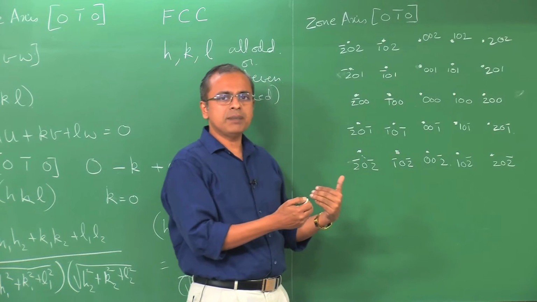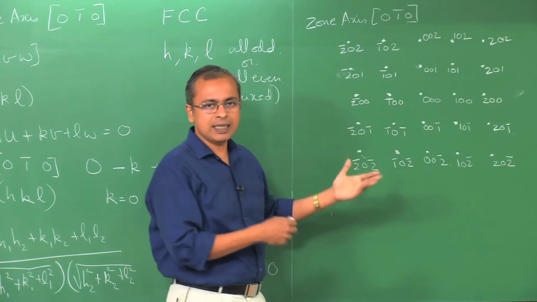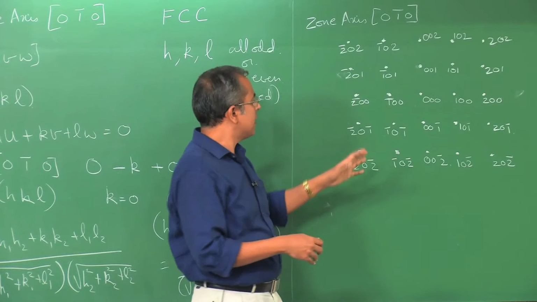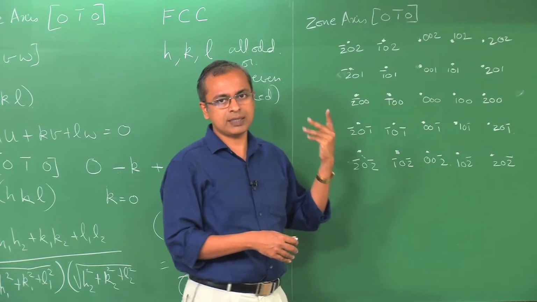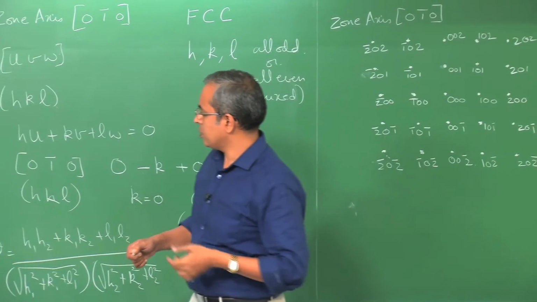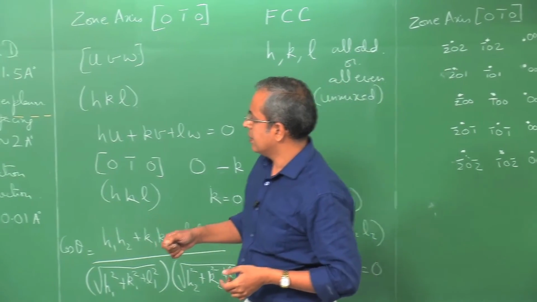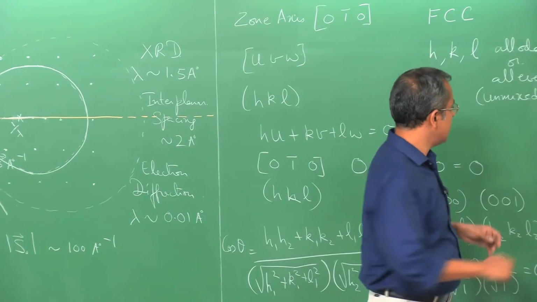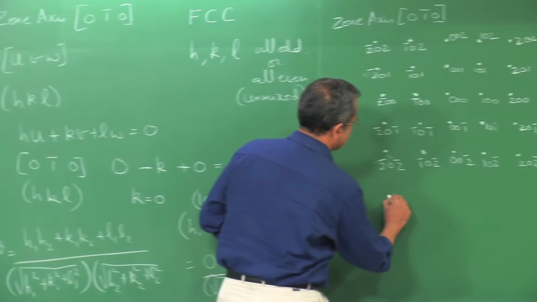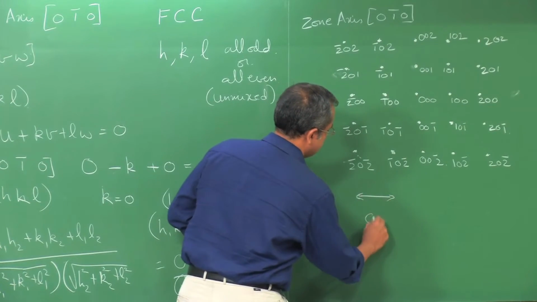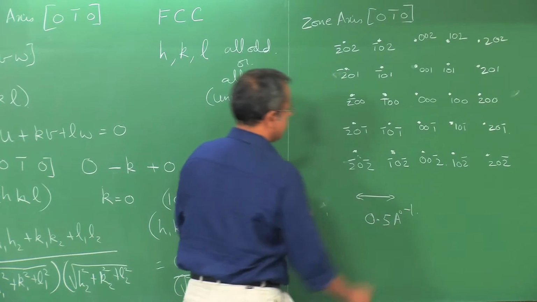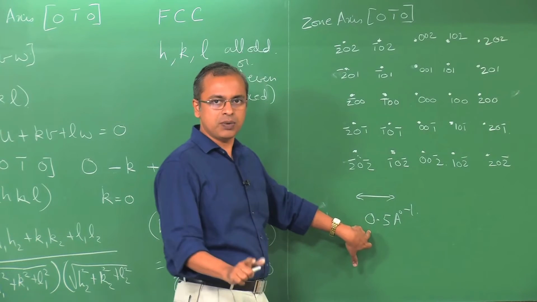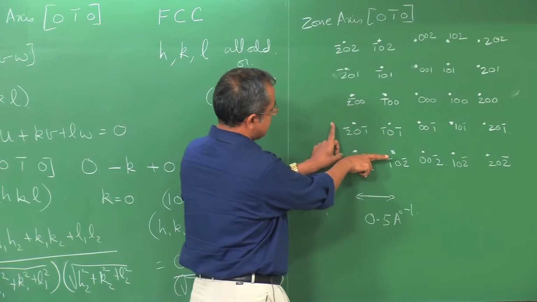So, just for simplicity's sake, so that the numbers are convenient for us, we will say that the interplanar spacing was 2 angstroms. That is the example that we used there. So, therefore, all of this is 0.5 angstrom inverse. So, that is all it is. We have got the dimension correct, and the direction is correct, because this is supposed to